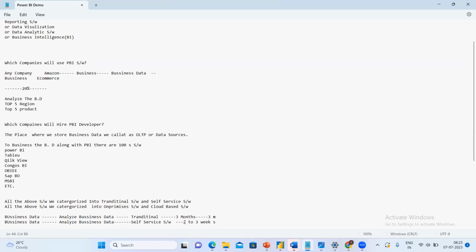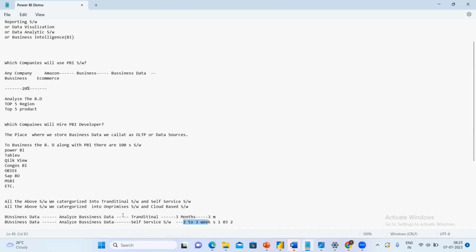But here you complete the task in 2 to 3 weeks with mostly 1 or 2 people working. In the traditional way, the 3 members for 3 months, you need to pay the amount, the salary, you can take it as a salary or anything. They need to make the 3 months of billable work. Here the task is complete in 2 to 3 weeks.